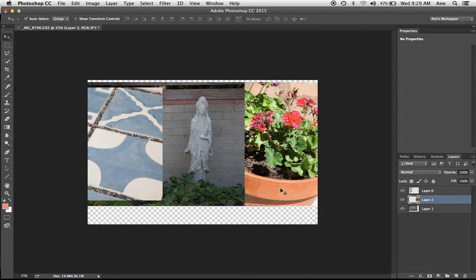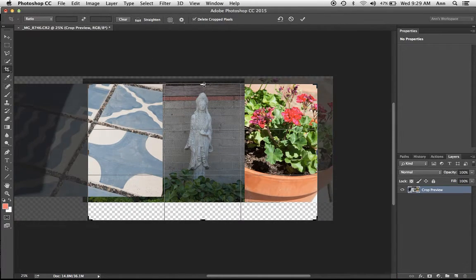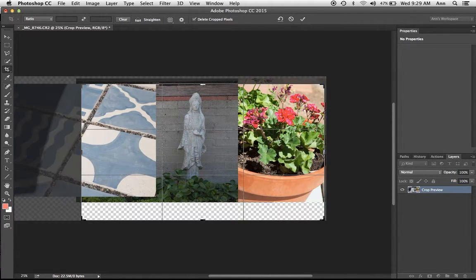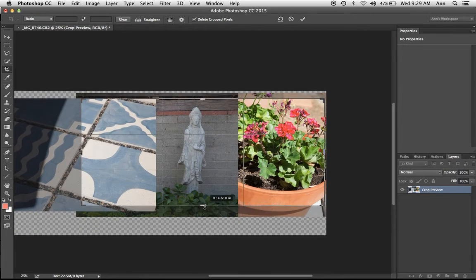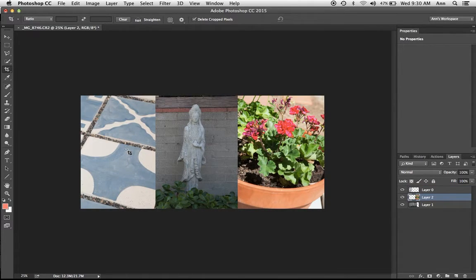The last element might be to crop. That's the C key or the crop tool here, which is about the 5th one down. Once you click on it, press and drag. Very important that you double check up on the options bar that this is zeroed out. Otherwise, you may accidentally be resizing your image. And I'm getting it roughly to the dimensions I want. Hit the Enter key, and now I'm ready to go.